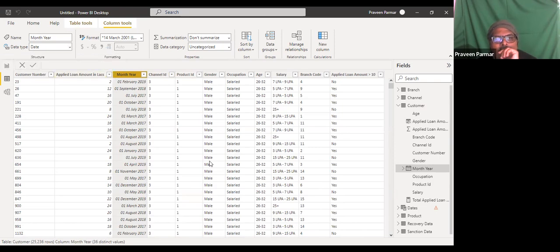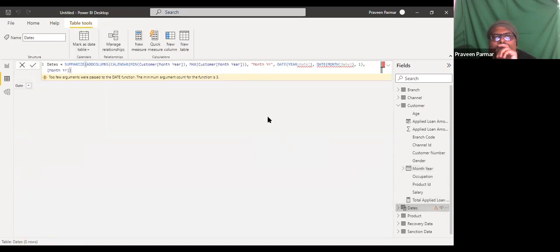Month year. Let me check. Too few arguments were passed to date function. Add columns, calendar, minimum, customer, month year, maximum, year, month year. We have taken this date.